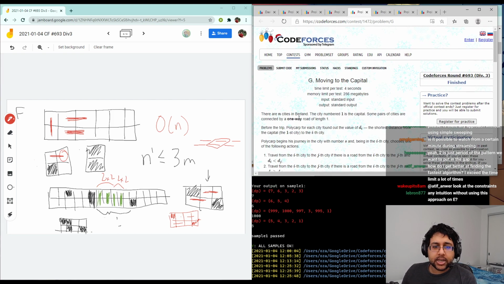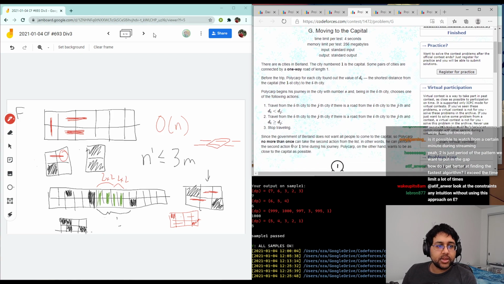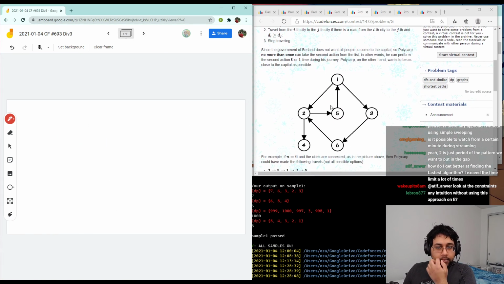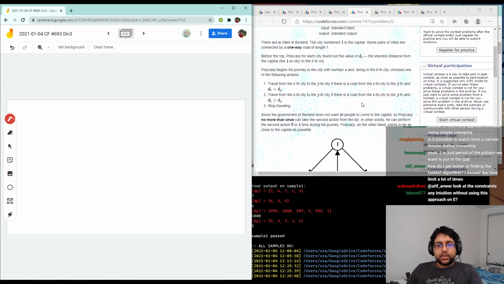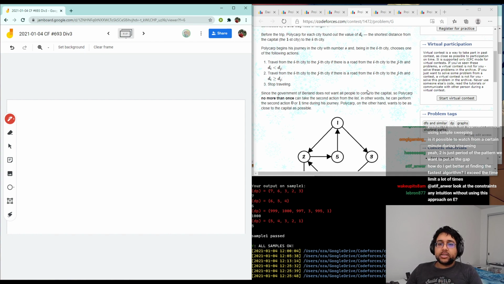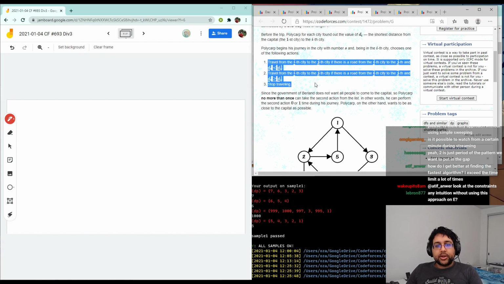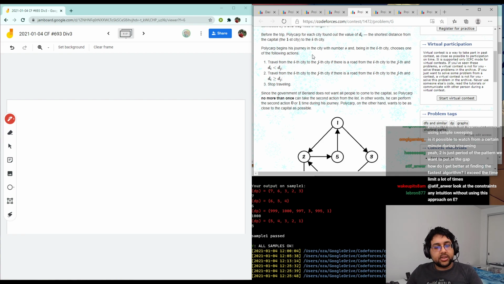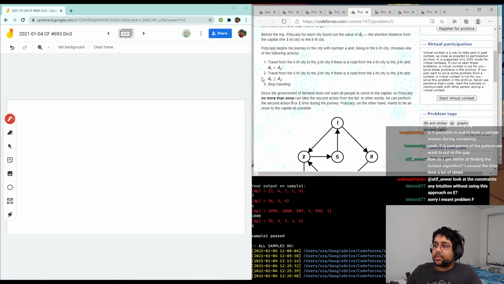All right, so let's look at G, the last problem of the contest. They drew some graph here. Basically, the idea for G, at least the way that I thought about it, is they have this kind of weird constraint where you have to find all the distances from the capital, and you can do that using a breadth first search. And then they say that you can only travel to something if it's further from the capital, except for once where you can